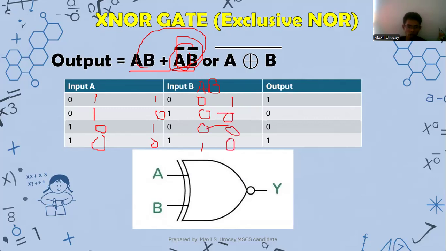And then we will begin to add them. This is for inverted A and B. And then we'll begin to add them. 0, 1, it will become 1. 0, 0, it will become 0. 0, 0, 0. 1, 0 will become 1. So that's how it works. It is definitely the same.